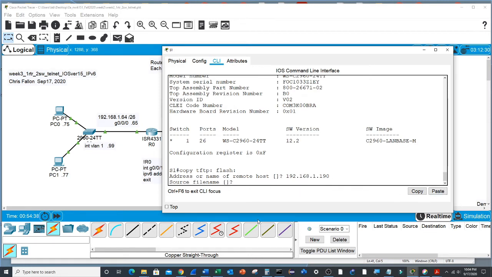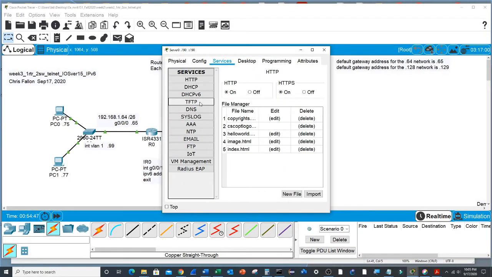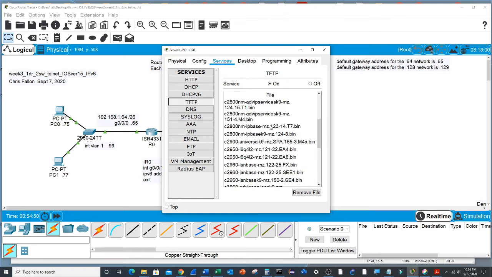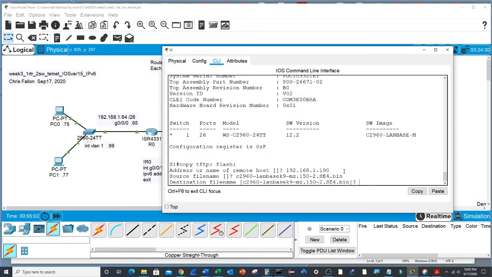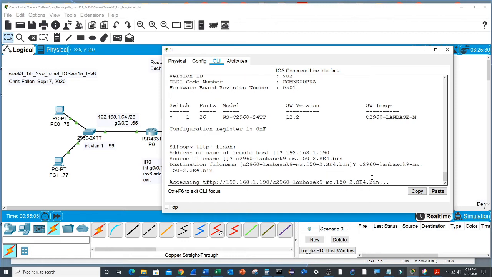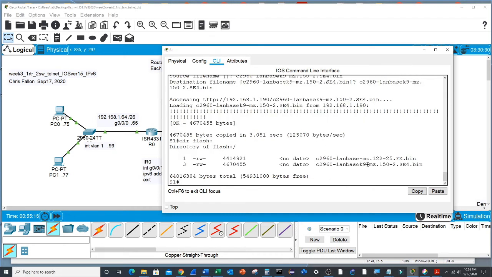File name, get the file name off the server, services, TFTP, click on the file name, Control C to copy, paste, destination file, paste, and the file is copied. dir flash:, now we have two versions of the iOS, version 15, which is the one that we want to